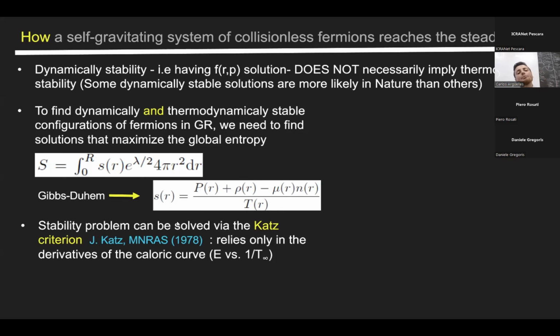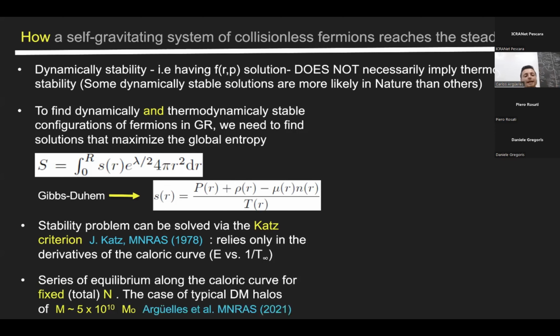But finding the stability will imply finding second order variations, the variation of second order in this entropy. And this task in general relativity for barotropic equations of state is a very hard problem, has not been solved up to now. The only solution is GR for barotropic equations of state. But it's very important that we have another criterion to still analyze the stability, which is the Katz criterion. It relies on the derivatives of the caloric curve, so energy versus the inverse of temperature of the system. And therefore, we can analyze the series of equilibria, all the possible families of equilibria along a caloric curve for